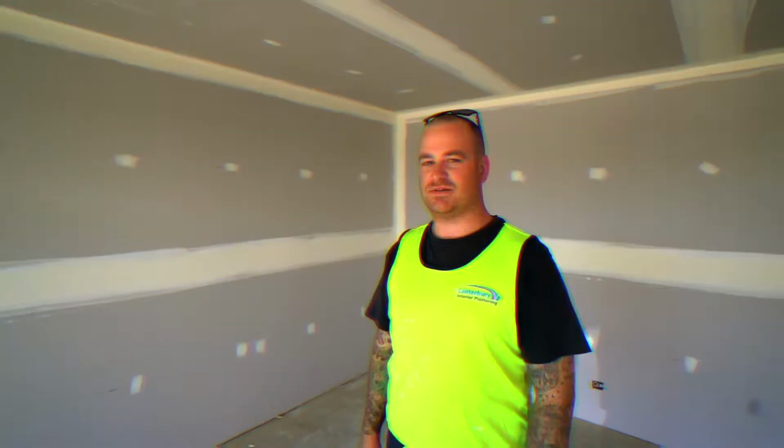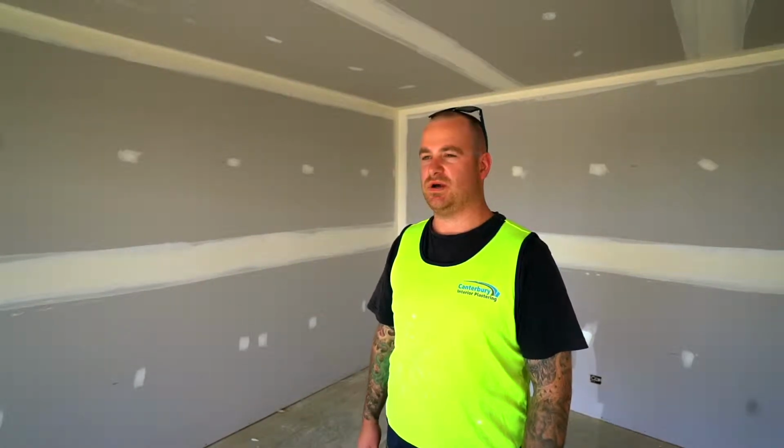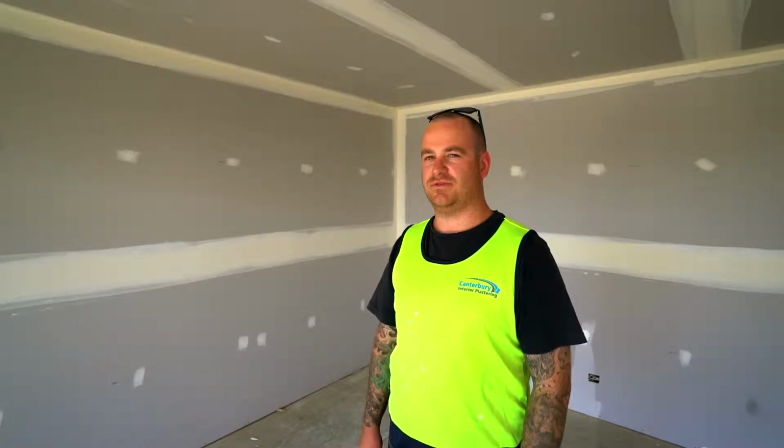So the last step here is quick sand on all the joins, one coat of plaster, and final sand for